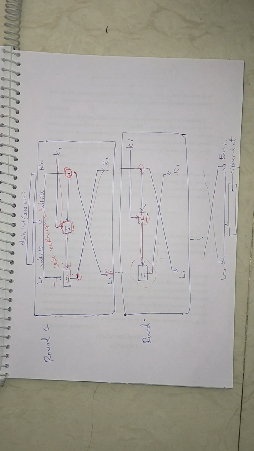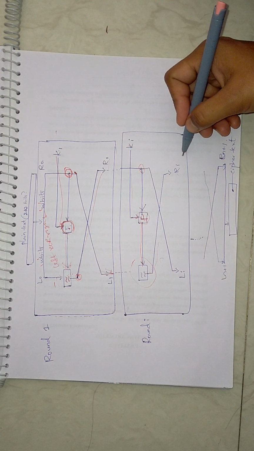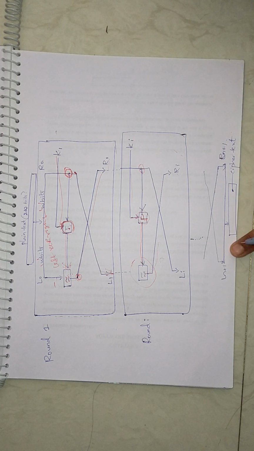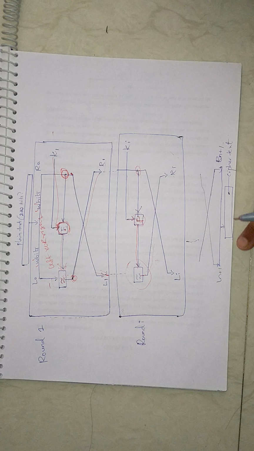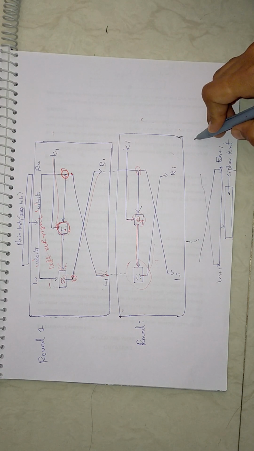That means we are just doing the cross operation. Okay, like that, how many rounds will be done? 16 rounds. Okay, after 16 rounds, one final cross operation will be taken. That means 16 rounds are done, and for the last round they'll